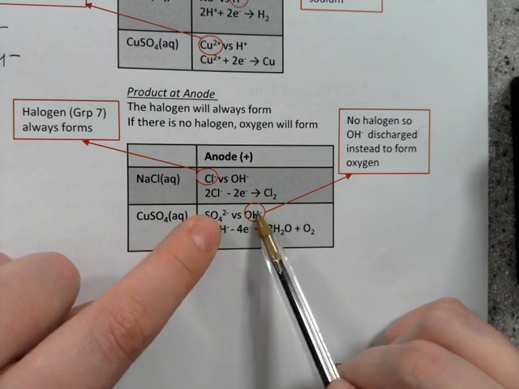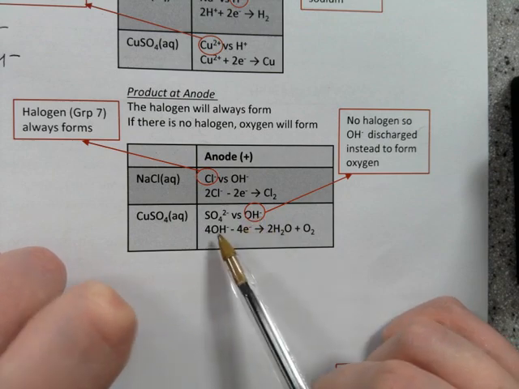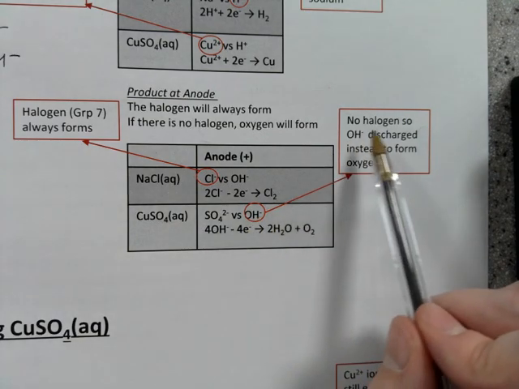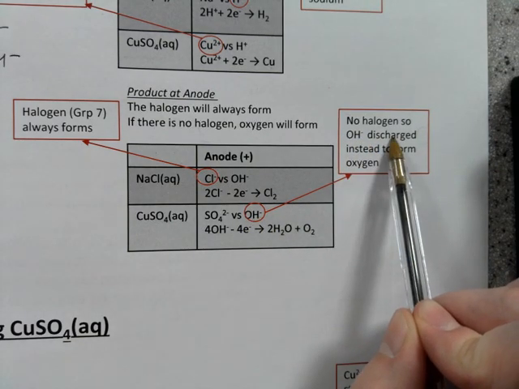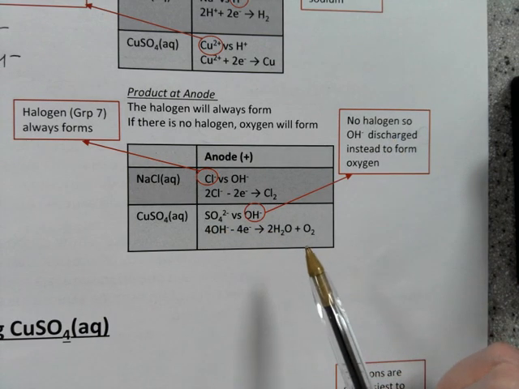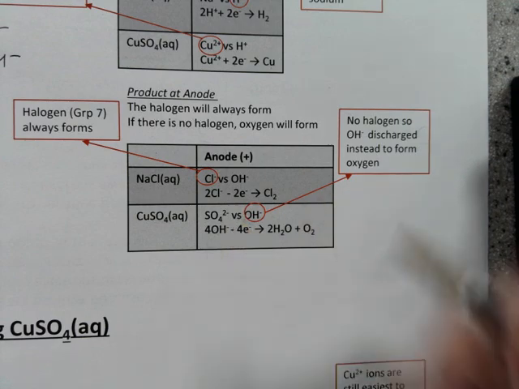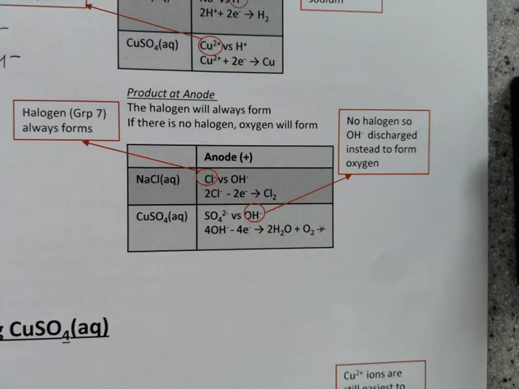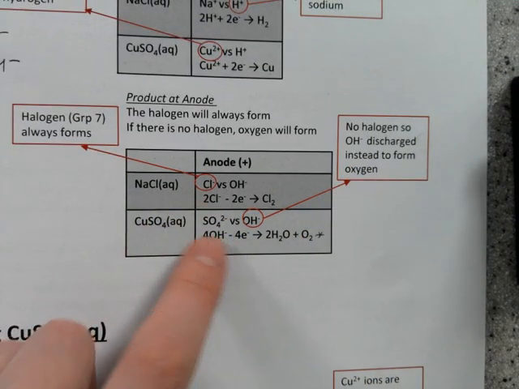And choosing between these two, it's going to be the OH minus ion that gets oxidized. So I have here the OH minus ion gets discharged. I'm removing the charge from OH minus by oxidizing it. That's where I'm getting that language from. Again, this question is not one you typically need to worry about, but that's what would be happening at the